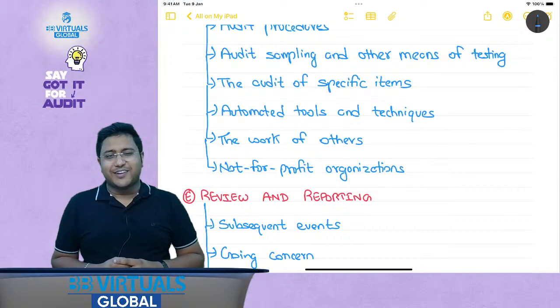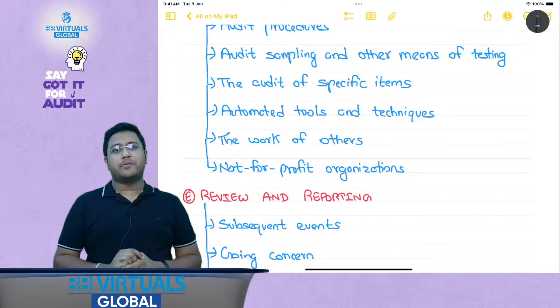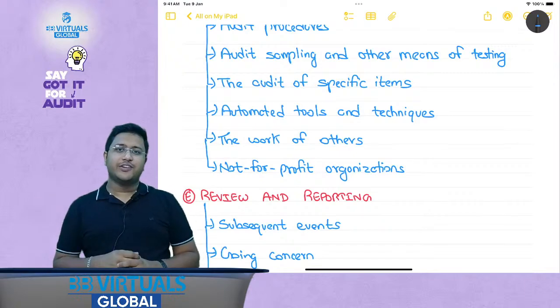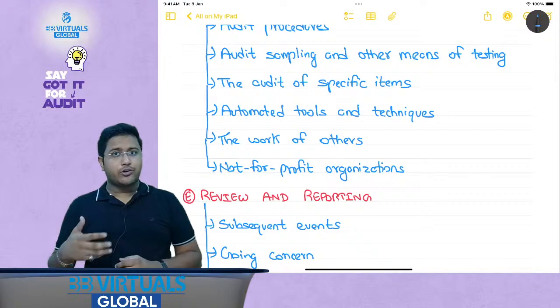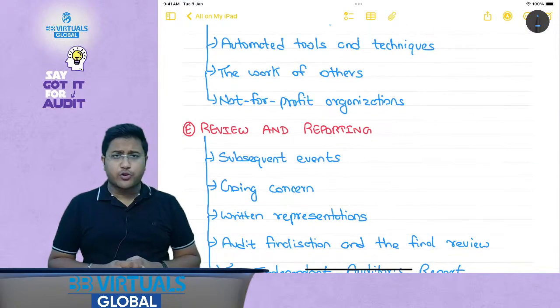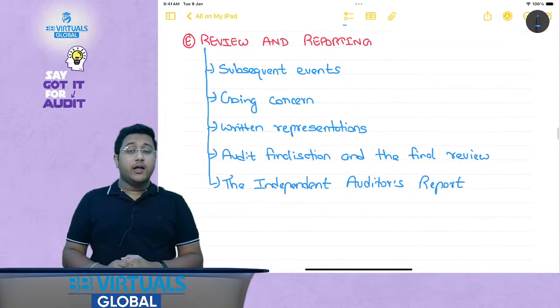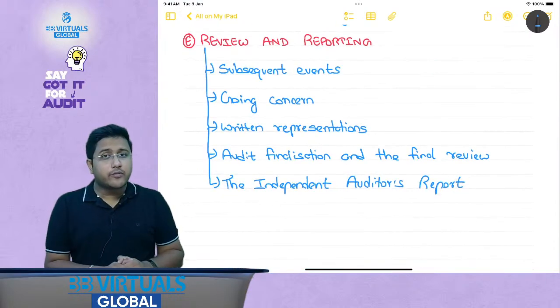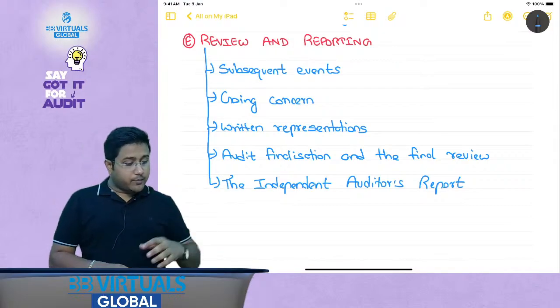Okay, now when I talk about the other people here, other people means management's expert, auditor's expert. These could be the internal auditor, these could be the other people. Not for profit organization, there are special considerations for this audit, we'll have to discuss each one of them. Now review and reporting. When I talk about review and reporting, we go to the completion stage of the